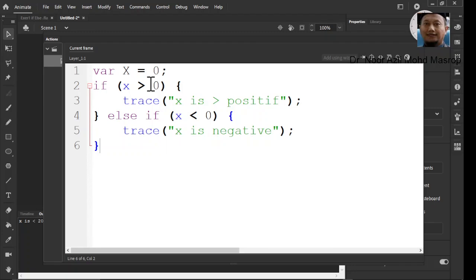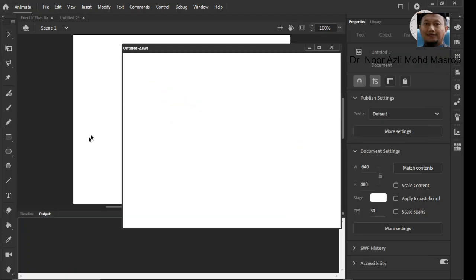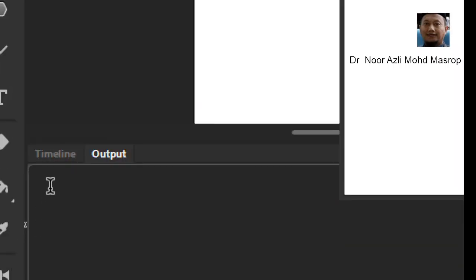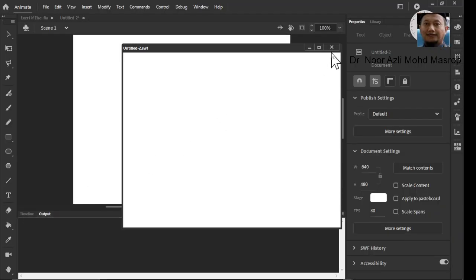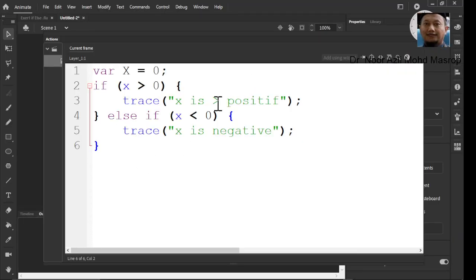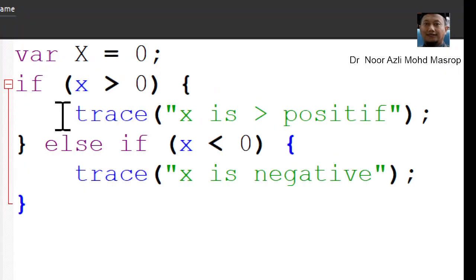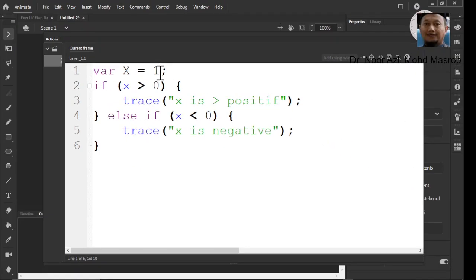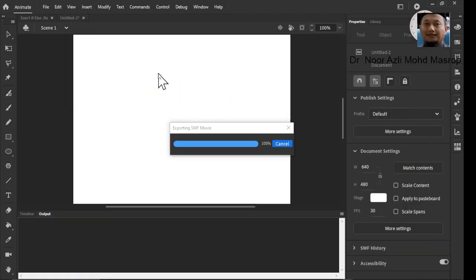Control Enter. You can see there's no output here, because we just test whether x is positive or negative. Let's change this value to 1. Control Enter again.